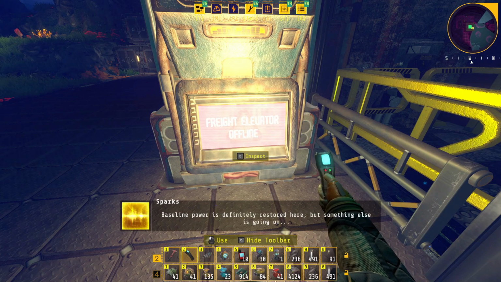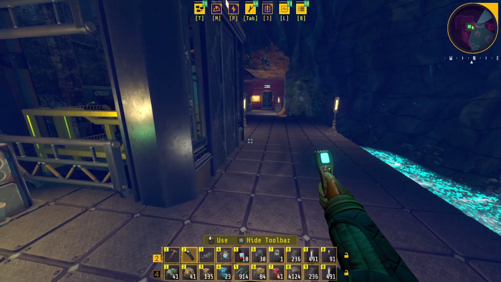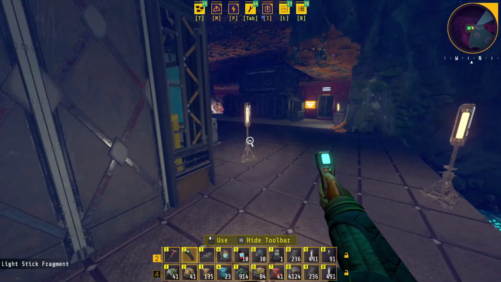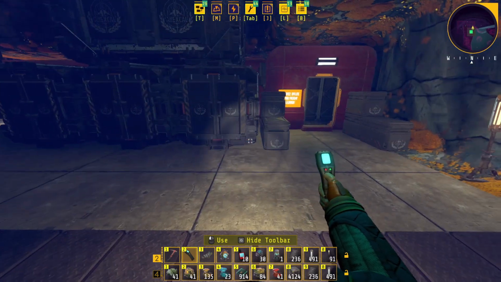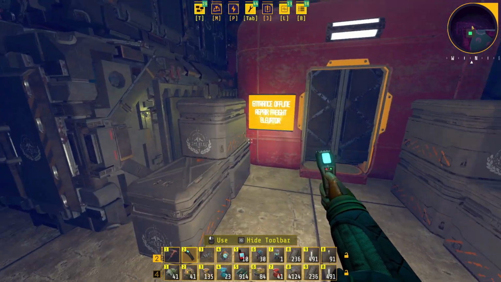Baseline power is definitely restored here, but something else is going on. Well, I guess we're not using that. Can we get in here somehow? Nope. We have a lot of light sticks here. Actually leaving these light sticks around, or we could actually scan them and replace them and get a bit more light, but...